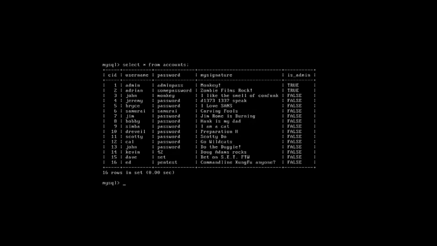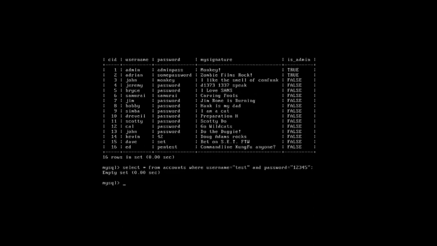So we can use the command select star from accounts where username is equal to, suppose, test and password is equal to, suppose, 12345, then use the semicolon.